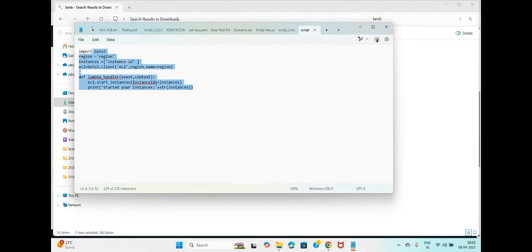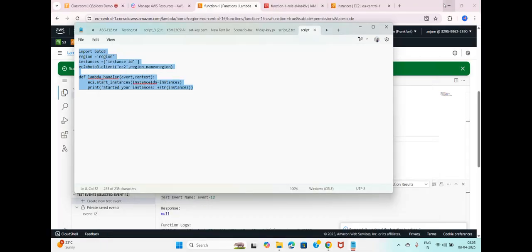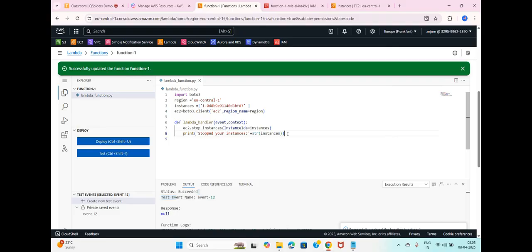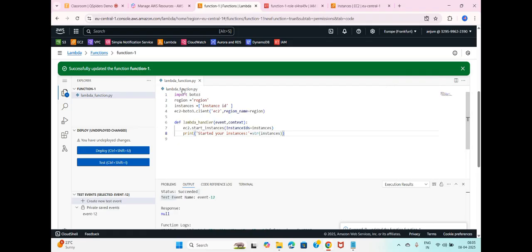So copy this. For starting, one code will be there. For stopping the instance, another code will be there. If it is stopped, then it should start automatically; if it is started, then it should stop automatically. For that also a different type of code will be there. So paste it,